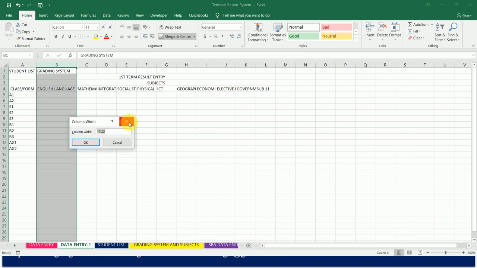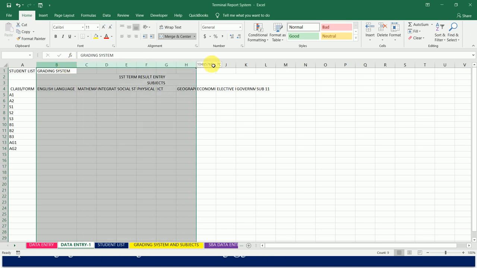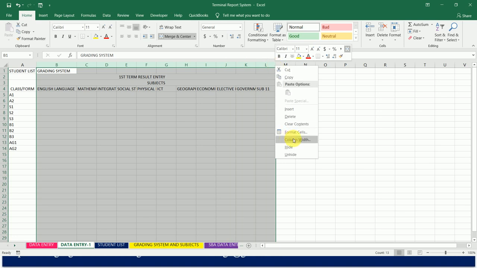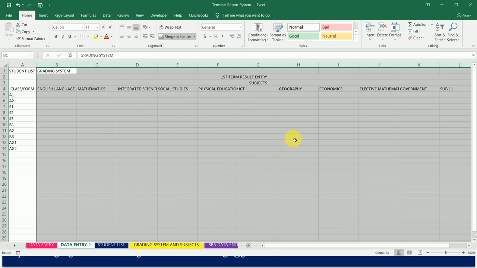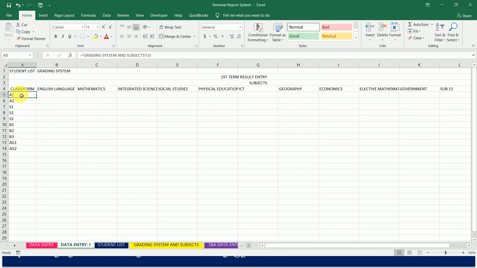This is 17.22, so in order to be consistent, I'll select the column headings. I right click, then I'll see column width, then I'll see 17.22, and automatically it is adjusted for us. Then we also need to apply absolute reference to this, because if you copy and paste, it will change the order. So FN, F4,